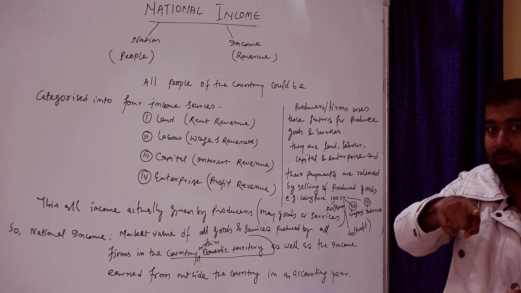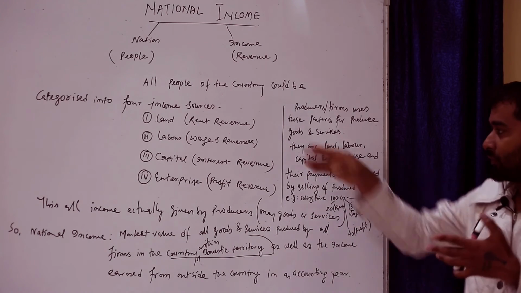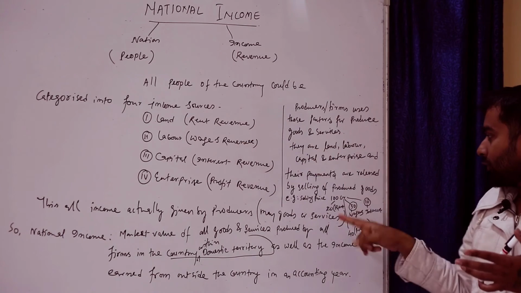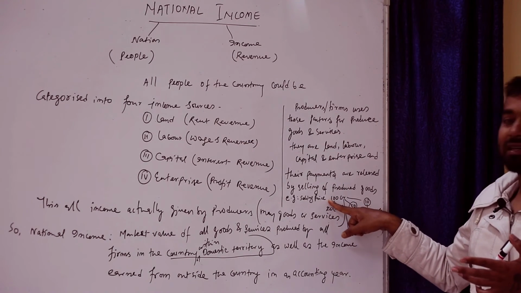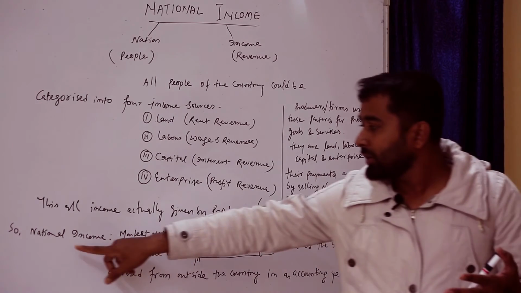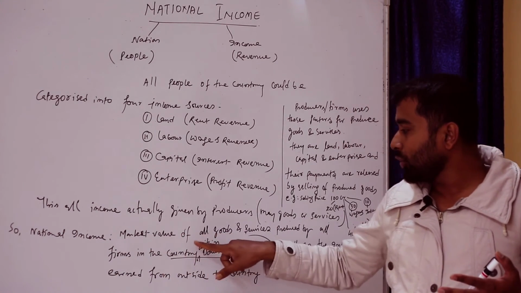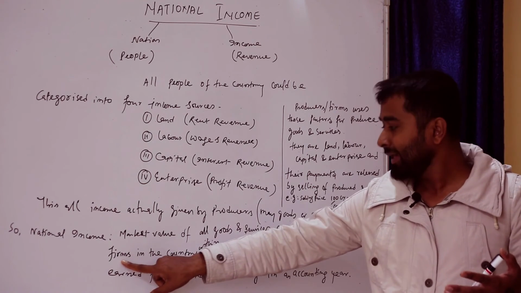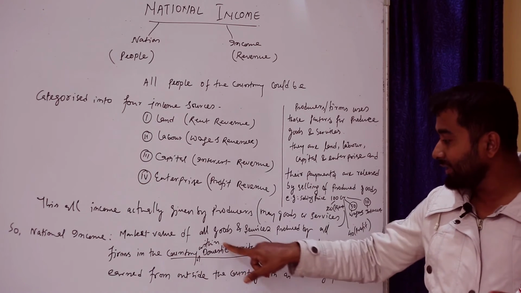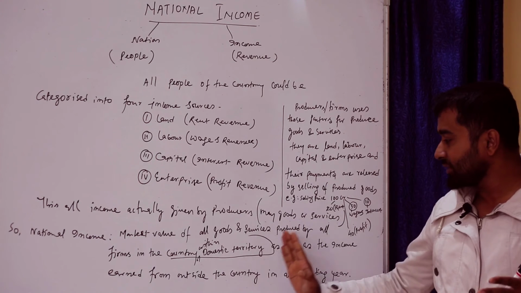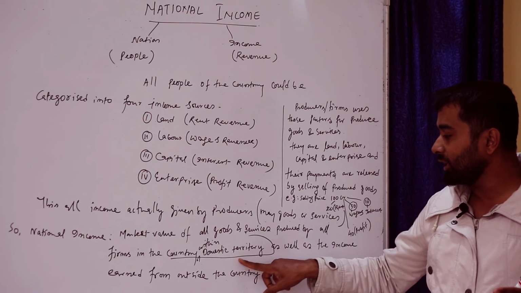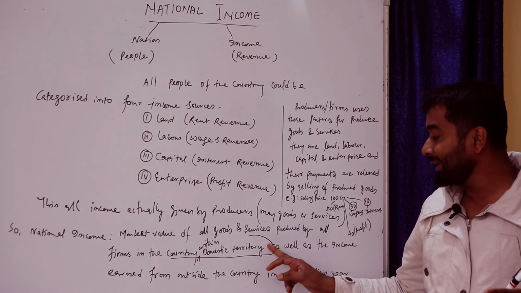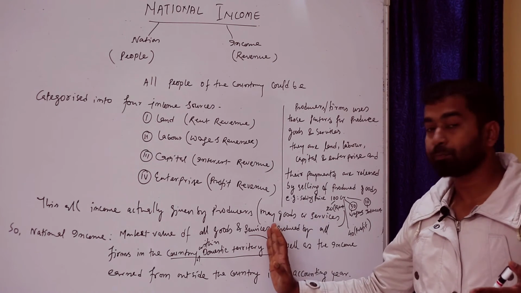So national income, I can say, is a combination of all the income I told. Indirectly, all income is a combination of the goods and services selling price. So now national income is the market value of all goods and services produced by all firms in the country within domestic territory. Up to this I stopped here. Within domestic territory, that means it is domestic income up to this.